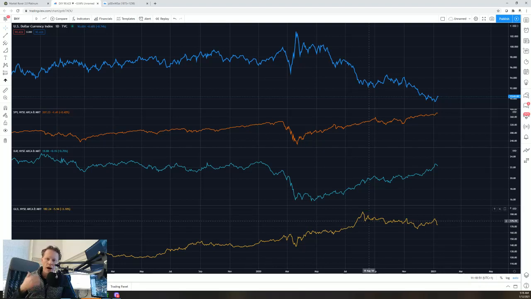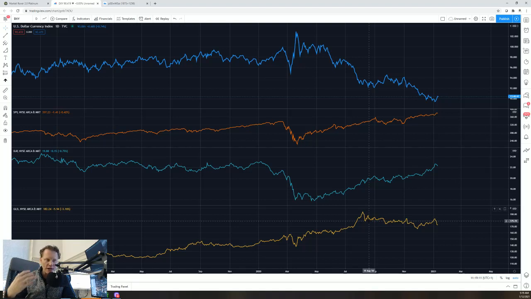So why is it so important to understand the dollar? To some extent it has to do with global flows of assets. Some of it has to do with interest rates. But a lot of it is just because these assets are priced in dollars. So when the dollar goes down, all else being equal, some of these assets have to go higher. And that's particularly true in parts of commodities.